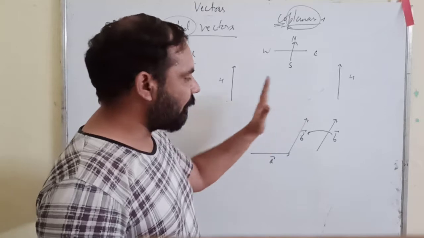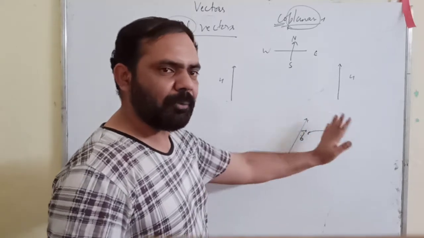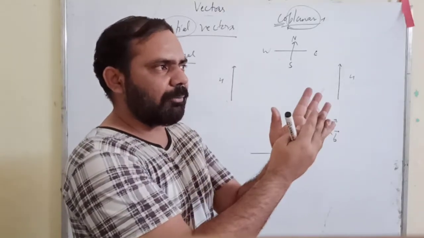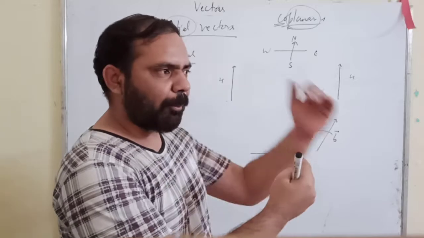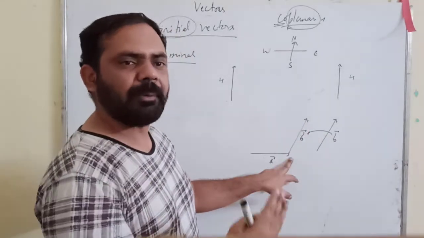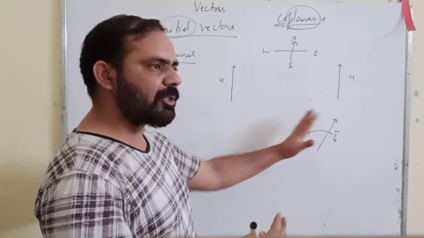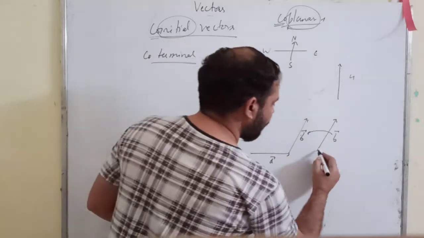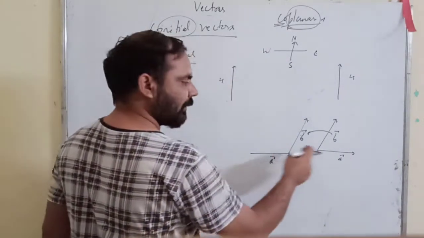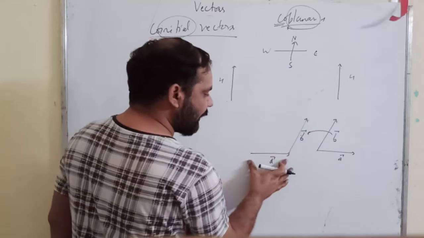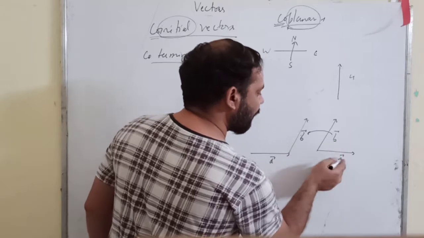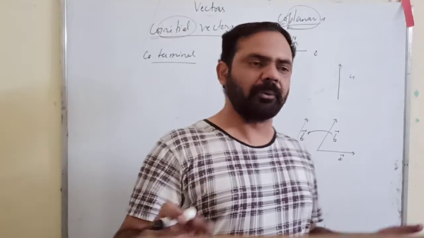Okay, because if you want to add them, subtract them, or multiply, then you will have to bring them to the same point. Either the point should be a point common in between them. Okay, you will have to bring them to the same condition. So either you can shift this vector here or you can shift this vector here. Right? Either I should shift B here or I shift A here. Same length, same direction. Now I can add A vector, B vector, or even subtract, multiply, whatever I want to do, I can do now.